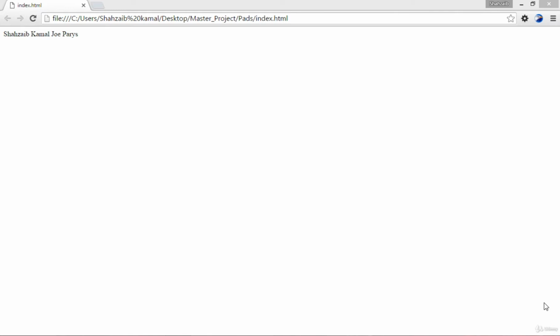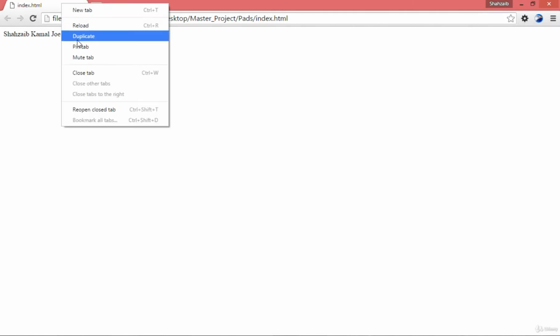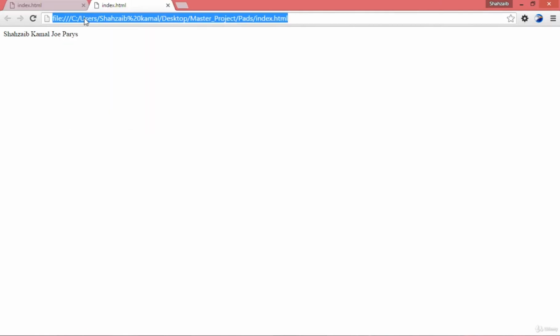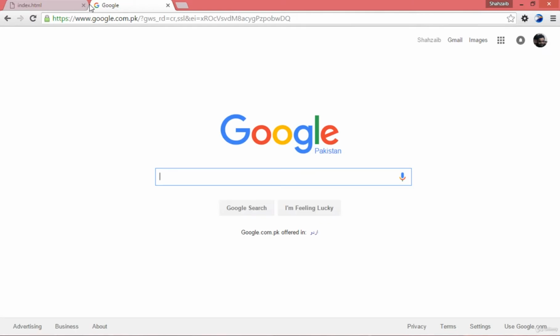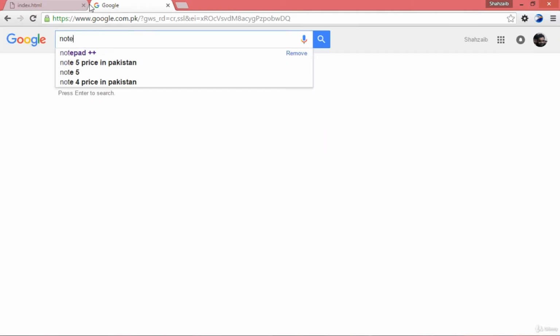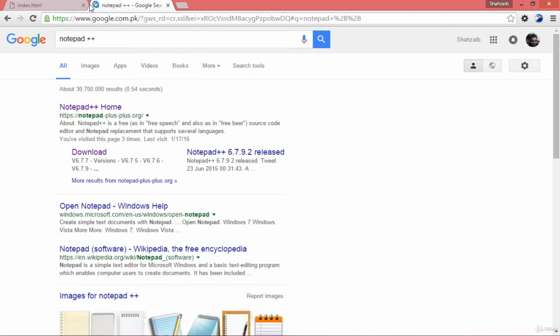Hello everybody. Guys, I'm just going to teach you how to download and install Notepad++, because Notepad++ is not installed by default on your computer when you install Windows. So let's go there, type google.com, and search for the website, Notepad++. I'm not going directly to the website, but going through Google. By the way, here you can see the website name, Notepad++ Home.